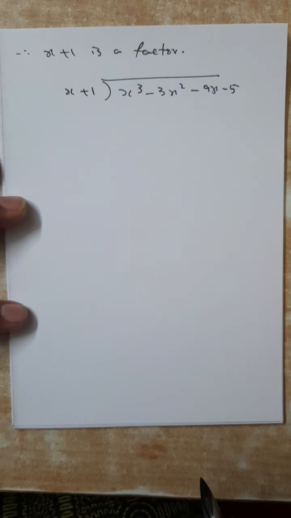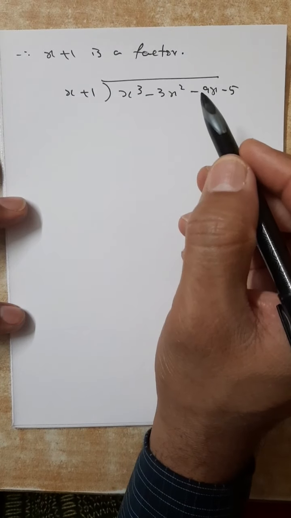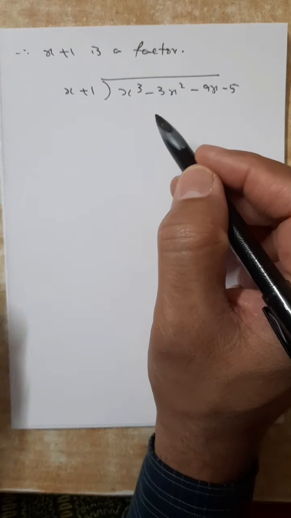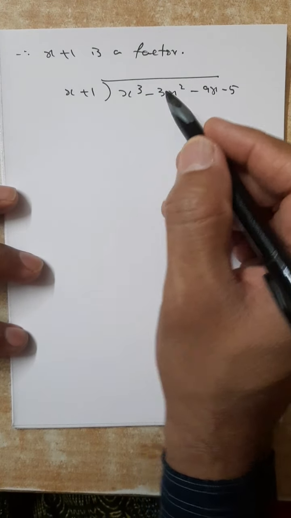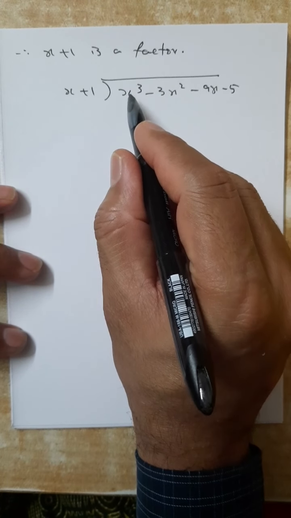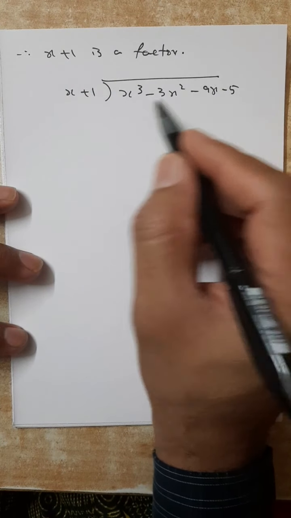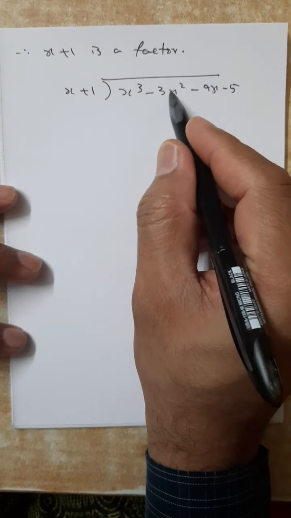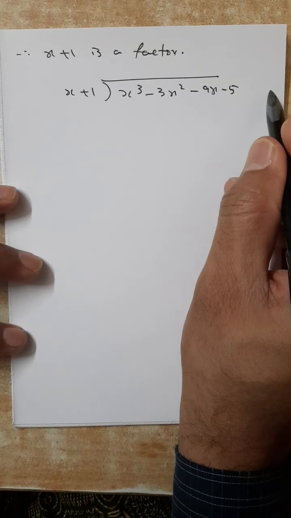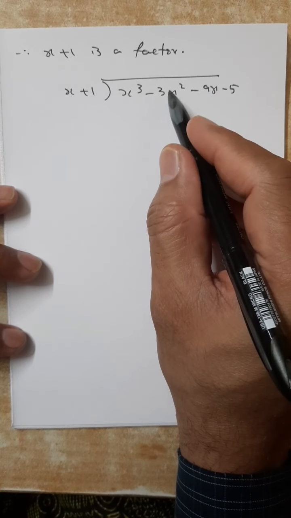With x plus 1 we have to do the division. This division we also studied in class 8, but let me explain properly once again, just for revision. First thing to do is make sure that the terms are written in decreasing order of power: x cube, x square with degree 2, degree 1, degree 0. Everything is in decreasing order. Power 3, power 2, power 1, power 0. If something is missing, we will write it as 0.